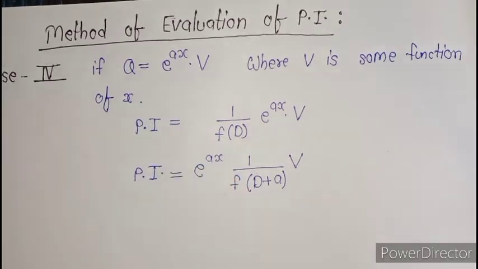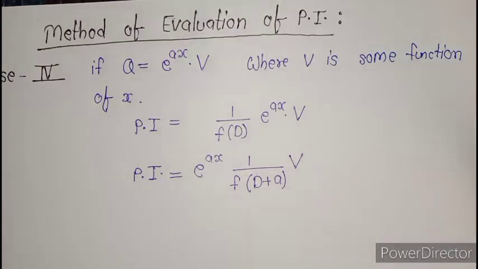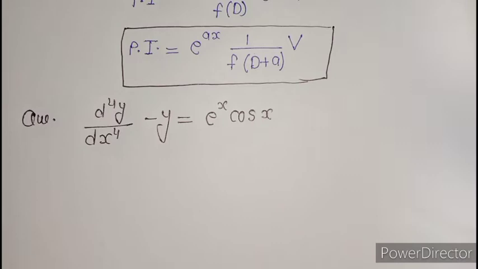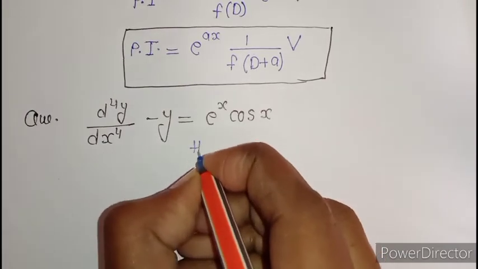I am taking one example to show how to apply this method on any question. Then it will be more clear to you. So this is our first example. Firstly, we have to write the CF for this equation. So what is CF? If I write the auxiliary equation